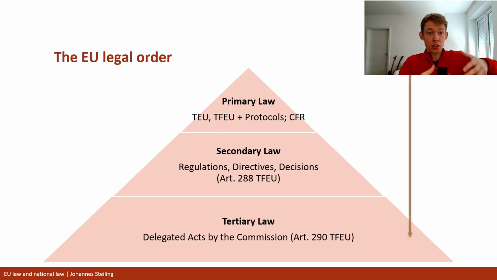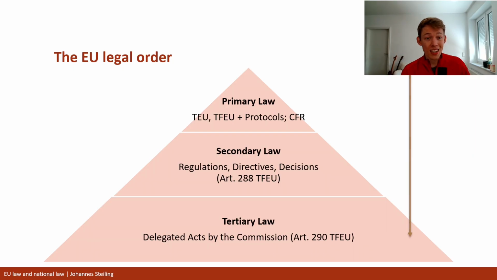So, the treaties define the competences of the European Union. And now, let's say a regulation is outside of those competences. So the Parliament and the Council adopt a regulation which is not within the EU competences. Well, that basically contradicts the primary law. So what happens in those cases?